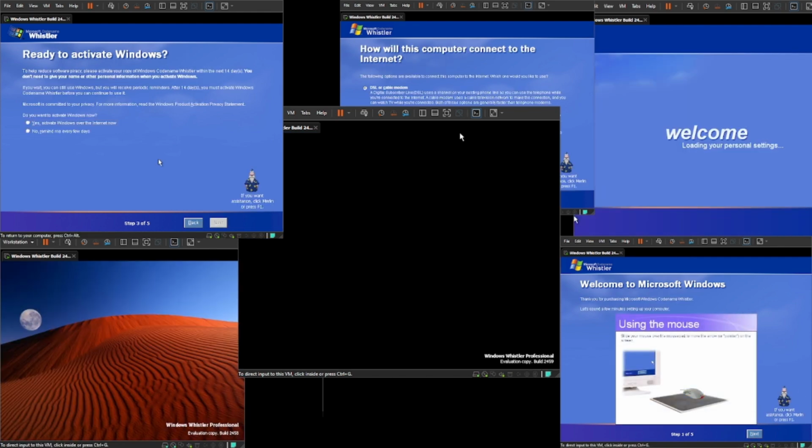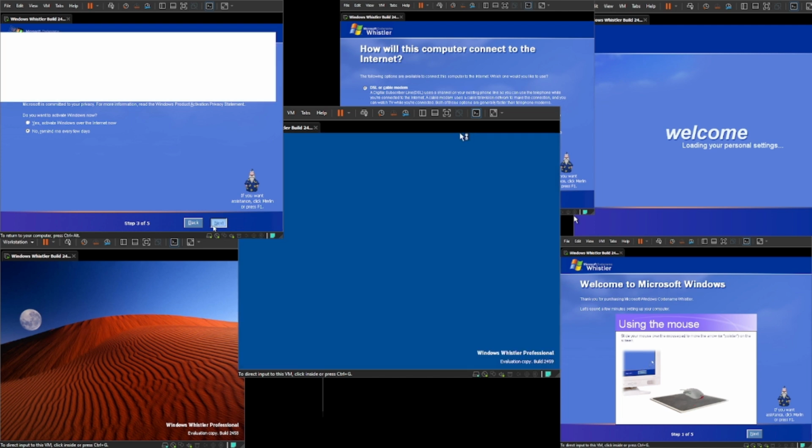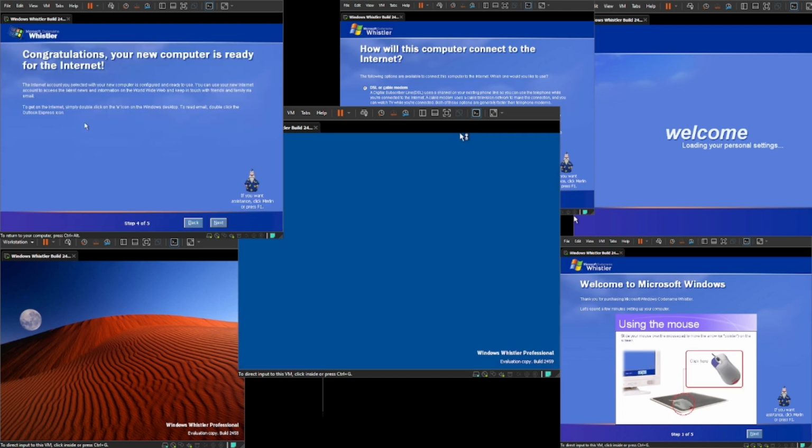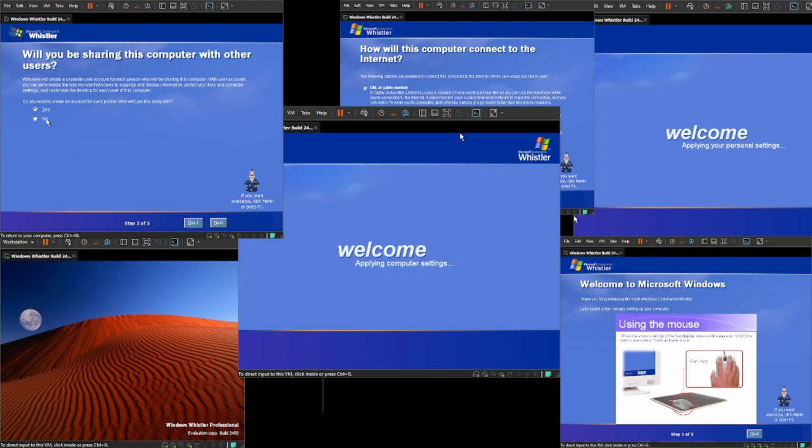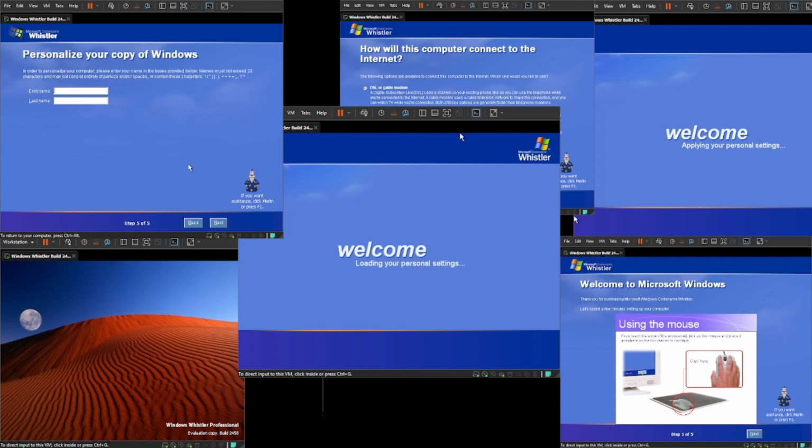And on build 2458, as you can see, that was originally going to be the default background, Red Moon Desert. However, Microsoft received some complaints about that wallpaper, and they changed it to Bliss for the final release. That congratulations, your computer is set for the internet, in order to personalize your computer,